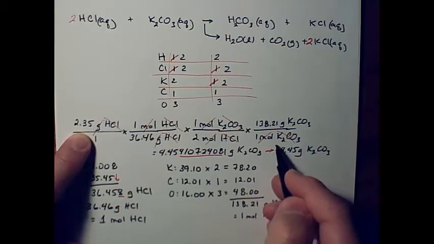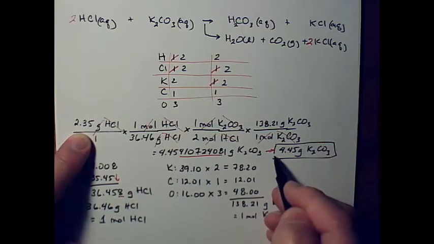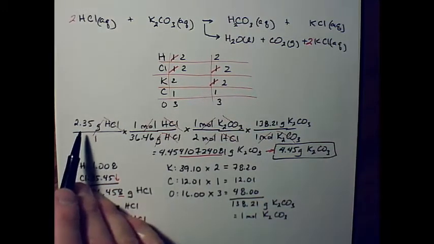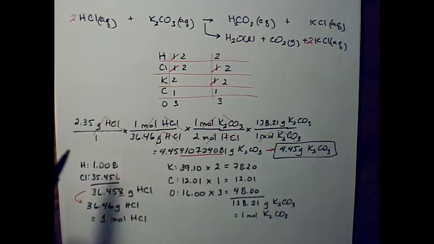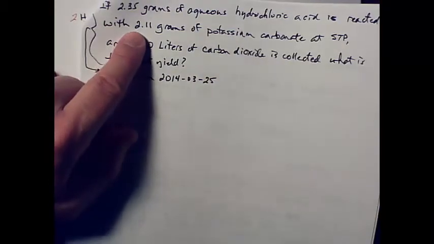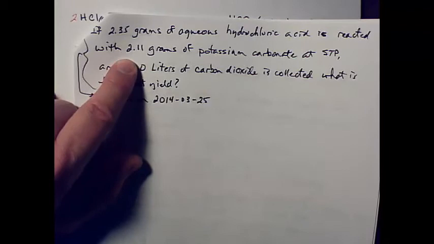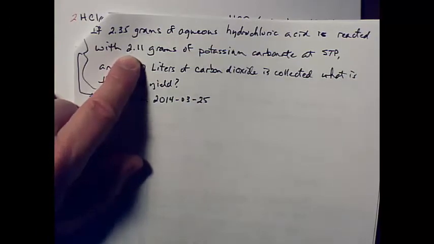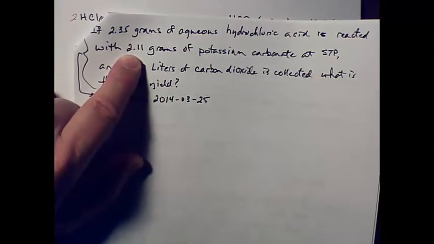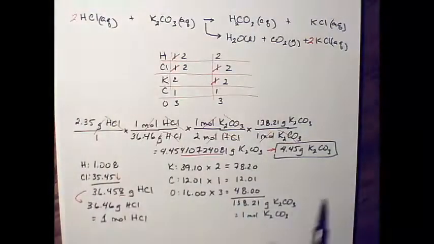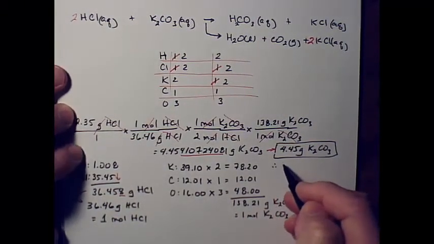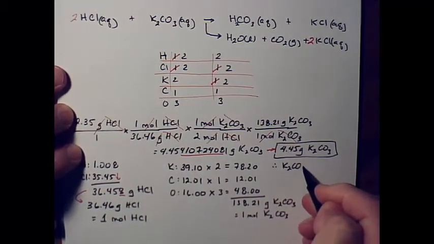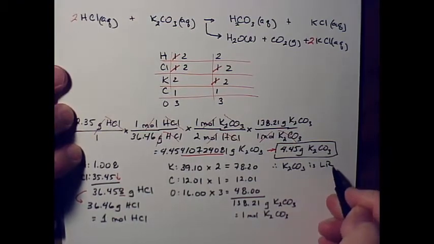So this is the amount of potassium carbonate needed to completely react with this 2.35 grams of hydrochloric acid. In the problem, I only have 2.11 grams of potassium carbonate, and therefore I don't have enough to completely react with the hydrochloric acid. If I don't have enough of it, that's the limiting reactant. Does that make sense? Okay. So therefore,